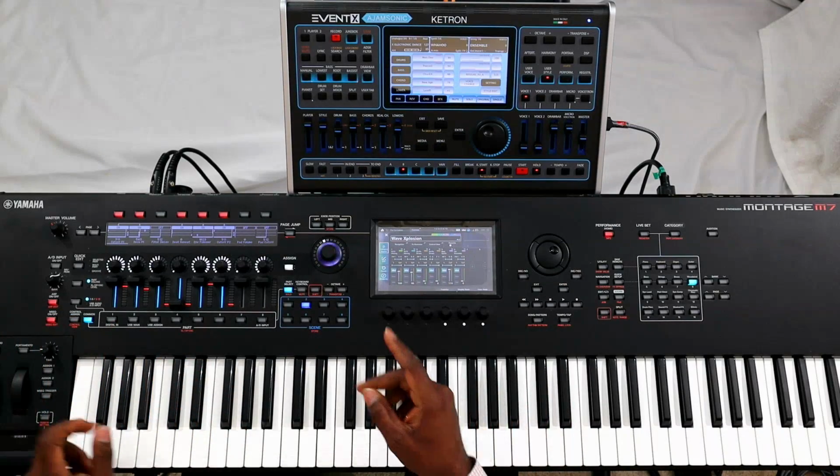A lot of people, I can see some messages coming through about how you have them in sync. So you have a MIDI cable that goes MIDI out from the Montage into the back here, MIDI in on the Ketron, okay? And right now on the Ketron, when I went over into menu and I went into MIDI,